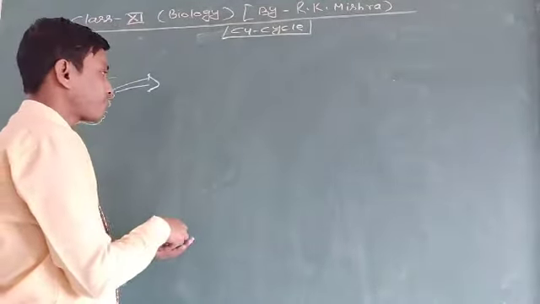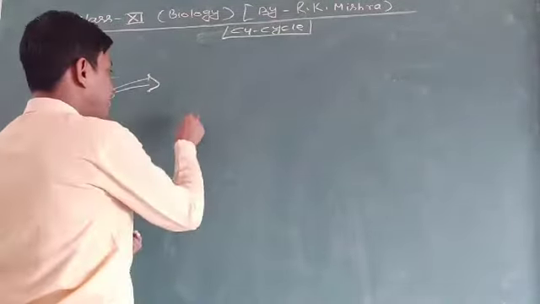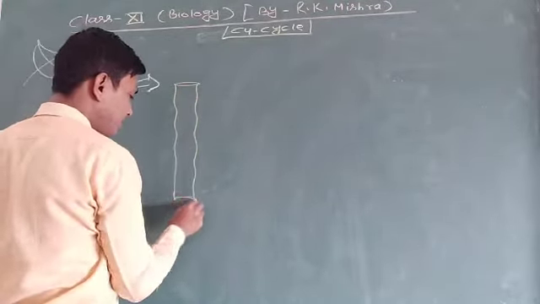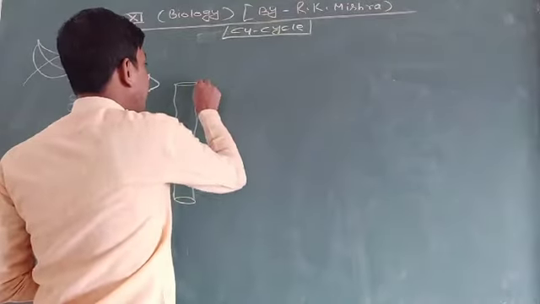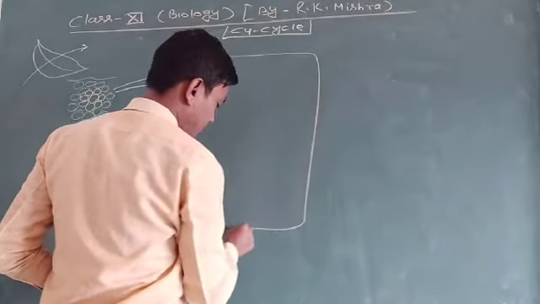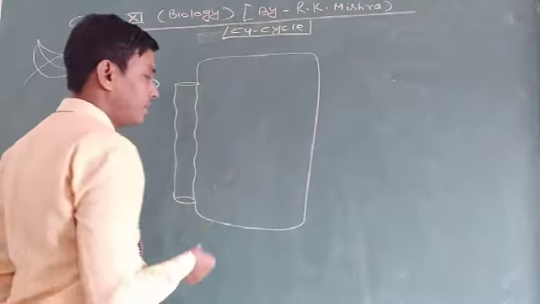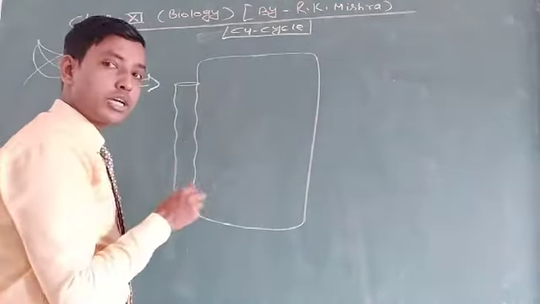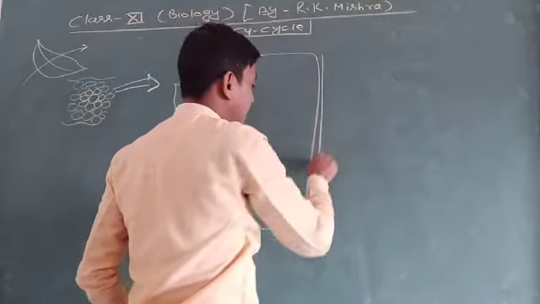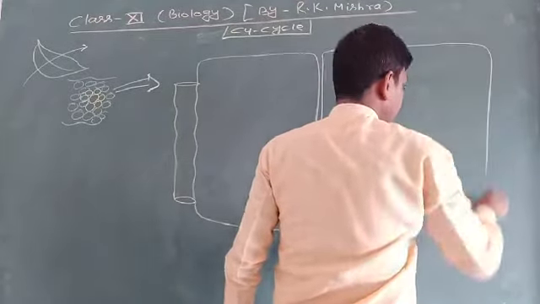Then we will find the important things regarding the mesophyll cell. So suppose that this is the vascular bundle of plants, and this one represents the bundle sheath cell. Near the vascular bundle, the cells near it are known as the bundle sheath cell, and just the outer portion of these cells has the mesophyll cell. So this one is the mesophyll cell.